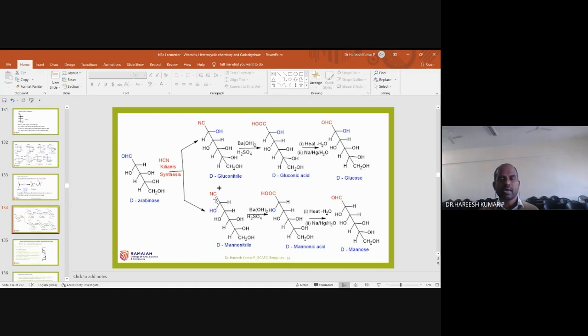Similarly, mannonitrile is subjected to hydrolysis using barium hydroxide. Barium hydroxide converts a nitrile into carboxylic acid, and this nitrogen will go out as ammonia. Of course, this nitrogen also will go out as